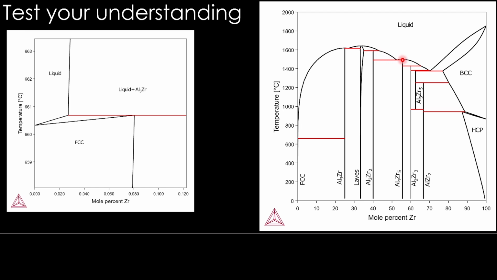Then we have one more horizontal line coming. This is a eutectic reaction. There is a V here. So liquid is there at the top. It is becoming two solids: one, Al3Zr2, on this side, the other, Al4Zr5, on this side. So you can see this Al3Zr2 is forming by a peritectic reaction in these composition ranges.